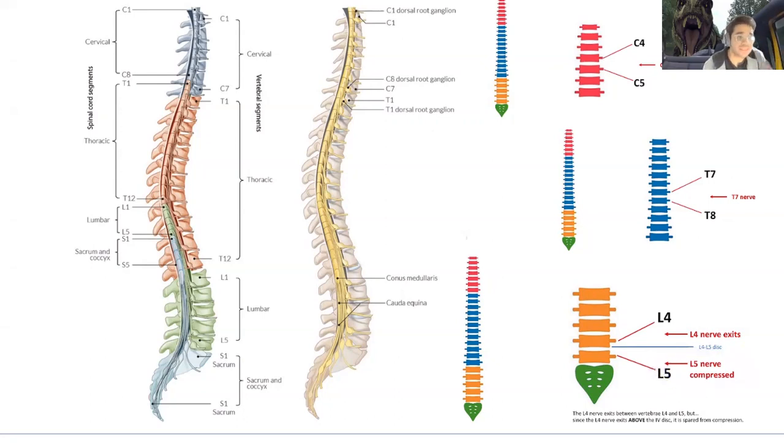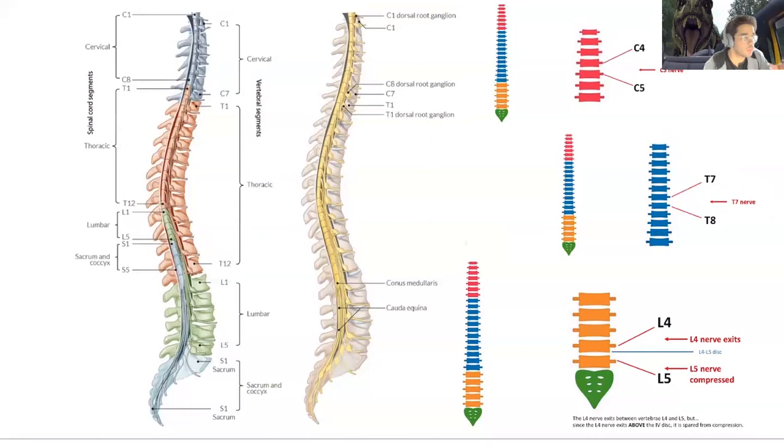The thoracic one isn't tested as heavily because it's fairly simple. So everything below it, right? If there's a herniation at the T7, T8 level, what's likely compressed? T7, right? It's very simple. It's straightforward. The cervical one is the other complex one. For the nerves that exit at the cervical region, there are fewer herniations there often. You're more likely to see some kind of misplacement or misalignment of the bones as compared to herniations. So what you need to remember is that